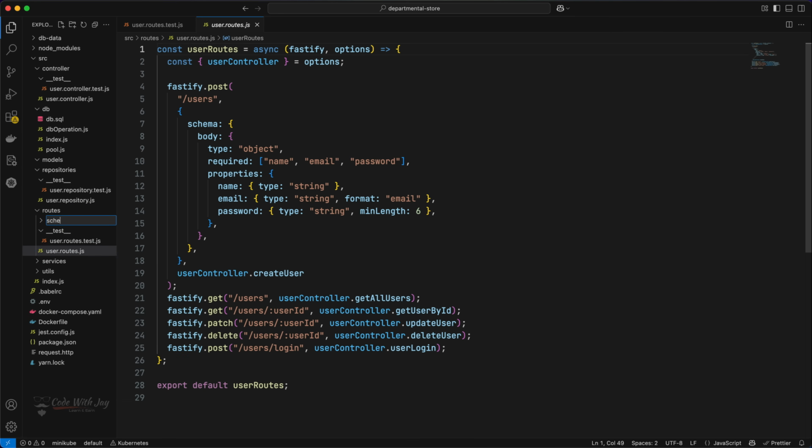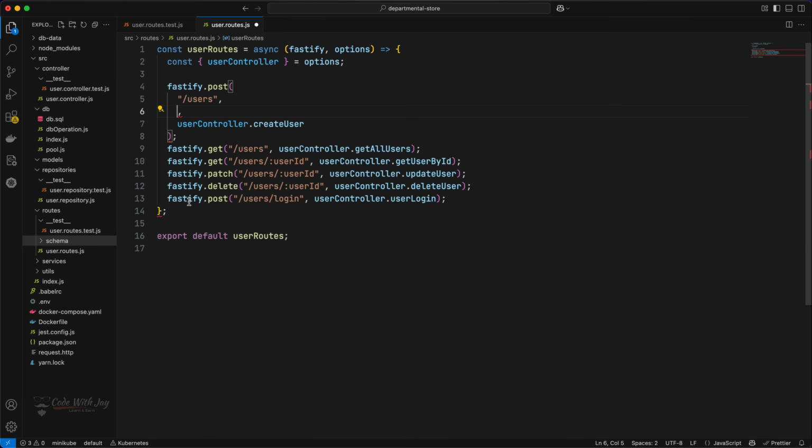This is going to be schema. I know this is not the right place, but as of now, let's try to accommodate. Maybe we are going to move the schema to some other safe place. So what we're going to do, let's try to put that particular thing to schema from here to this schema file. You can say user register schema, register.schema.js,